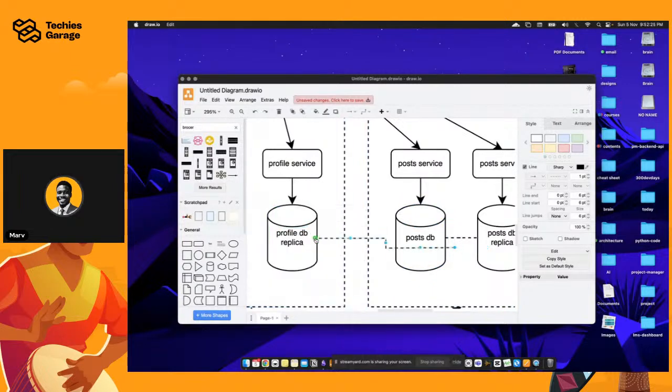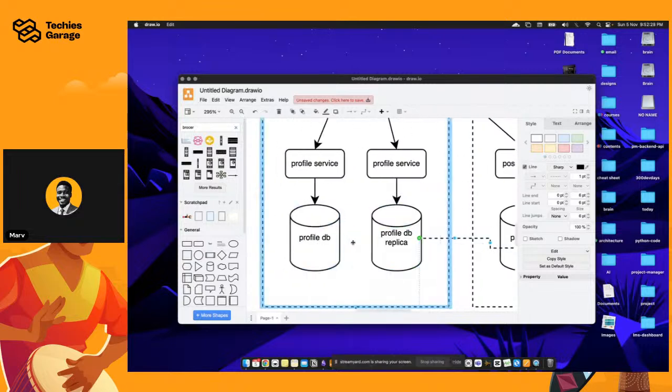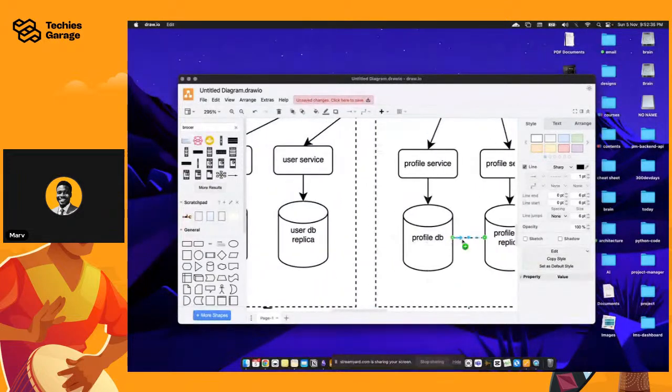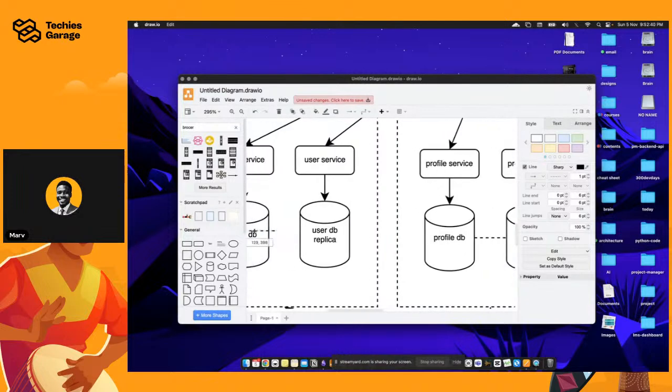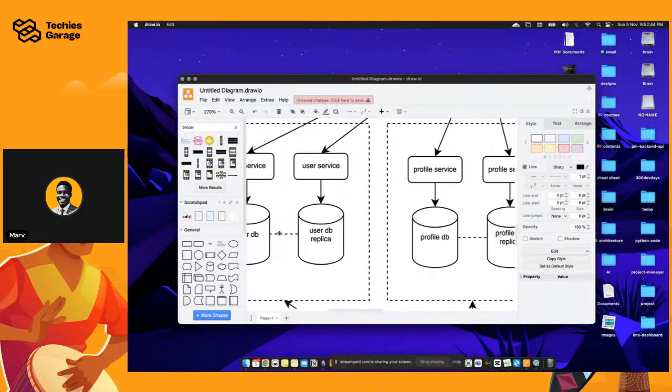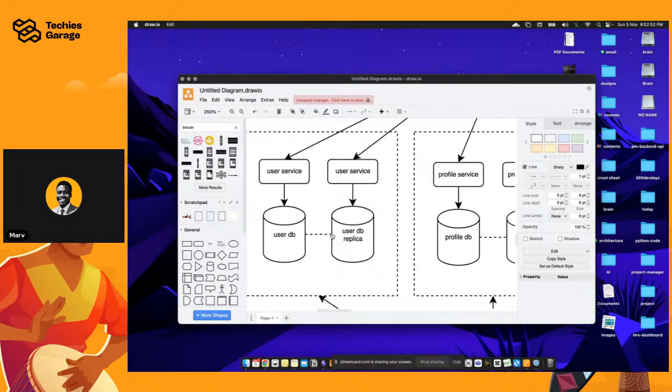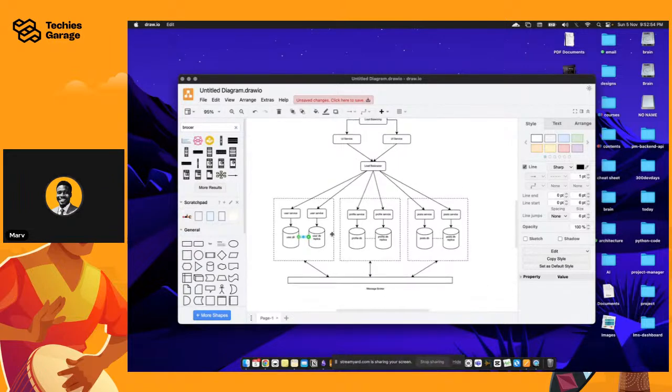All right, so I'm just going to move this from here, just to show that replication. So Control C, V. Of course, I can make this touch here. All right, so now we are showing that replication here.